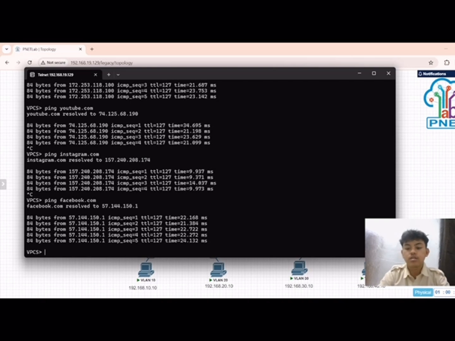So that's the tutorial on how to build a network topology in PNet Lab using VLAN, DHCP, NAT, and static routing. With this configuration, all PCs can communicate with each other and also access the internet.